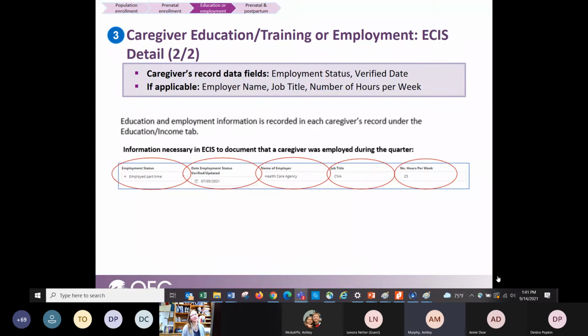Yeah, that schedule Ashley just mentioned does have on there that all demographic information should be updated quarterly. It actually does include that, and it lists out the demographic information that should be updated quarterly. So it actually is on that document already. And